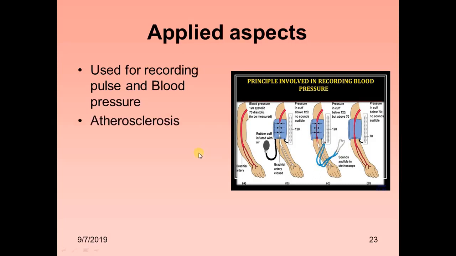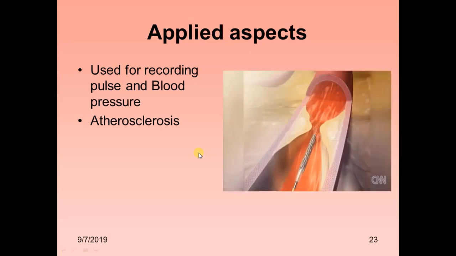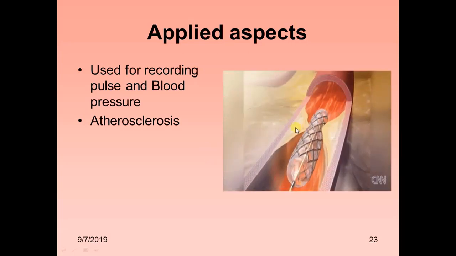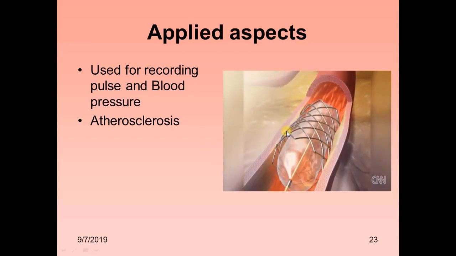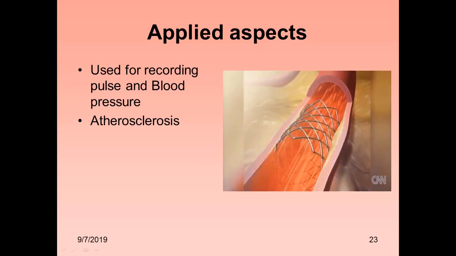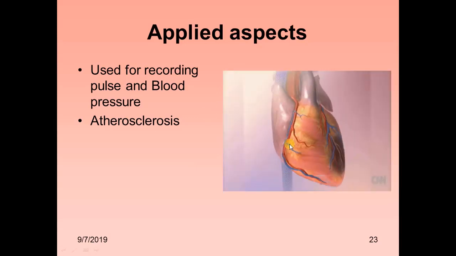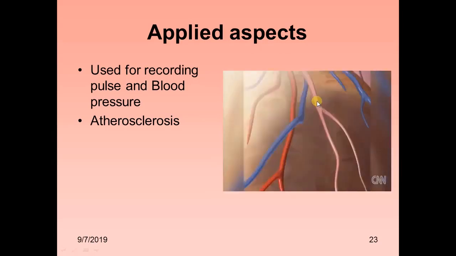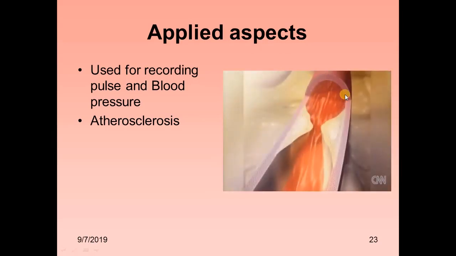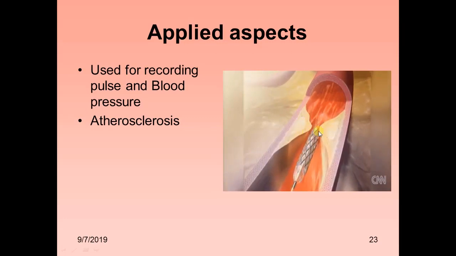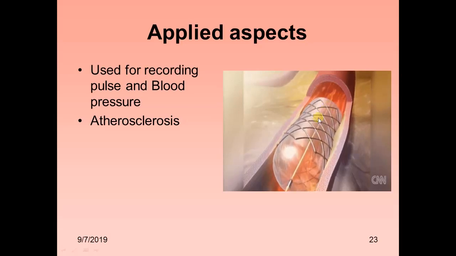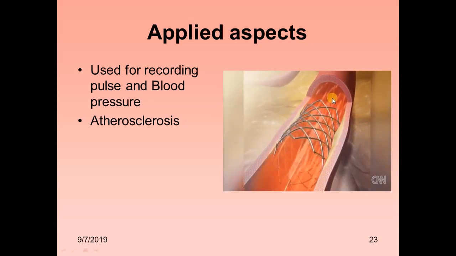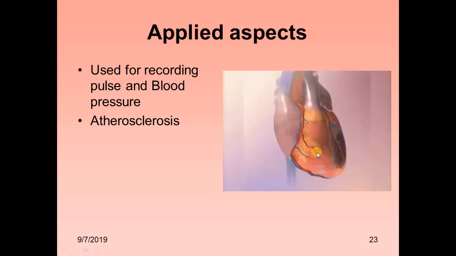Atherosclerosis is what happens when a substance called atherosclerotic plaque gets deposited, which leads to narrowing of the arteries. Now this is a procedure you are able to see here, showing how the atherosclerotic plaque is removed. One of the coronary arteries of the heart is slowly narrowing due to deposition of this plaque, lipid substances. So a stent is placed, and this procedure is called balloon angioplasty, because what happens,